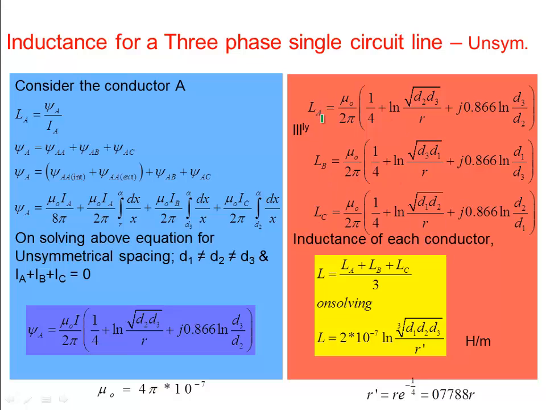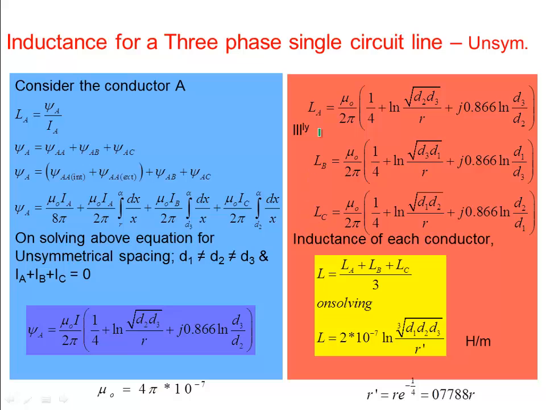Here we have represented all the values like LA, LB, LC. Instead of that, you can just imagine this is for LA1, LA2, LA3, all are the same only, obviously. And here we derived for psi A, and the current terms were already converted because we consider the current I here. Okay, now